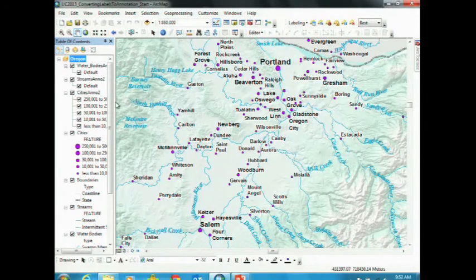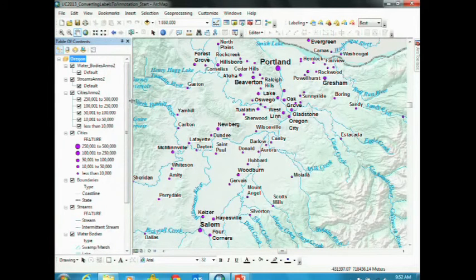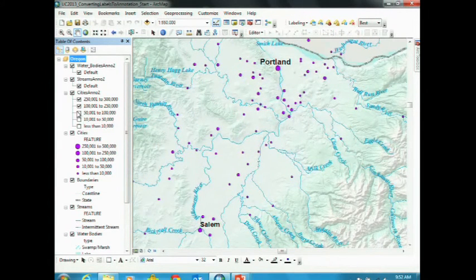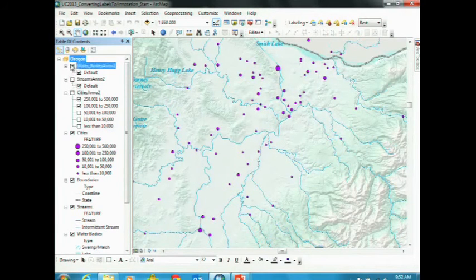So you can see that once that was converted, we have the annotation and the label class. It's default if we didn't have label classes set. And then here you can see we did have label classes set up with SQL queries for the different size cities, and those do come across as annotation classes. So now I can go through and start turning them on, start turning them off. I've got a lot of control over those annotation groups. So if we turn those off,